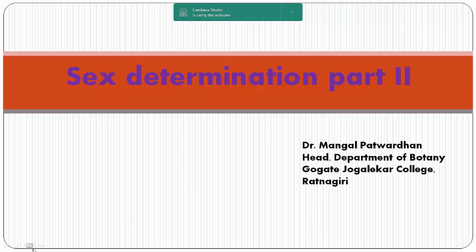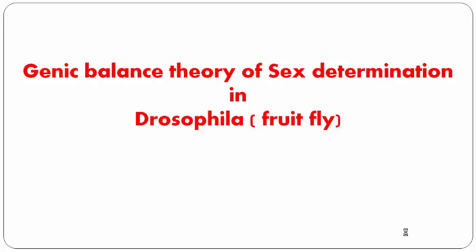In sex determination part 1, we have already discussed the heterogametic males, heterogametic females, and haplodiploidy type of sex determination. Now, myself, Dr. Mangal Patwardhan, Head Department of Botany, Gupte Jogrekar College, Ratnagiri, is going to describe the sex determination part 2. We are going to discuss the genic balance theory of sex determination with respect to fruit fly,